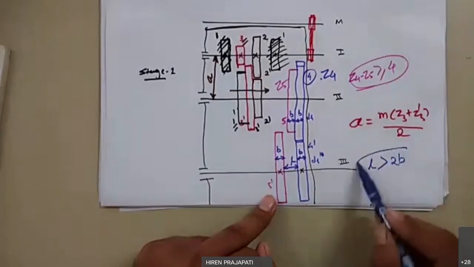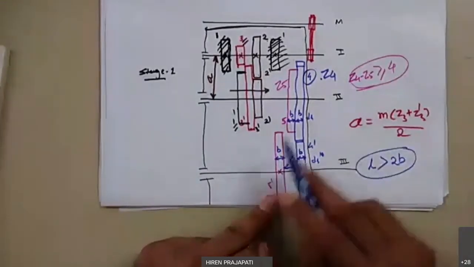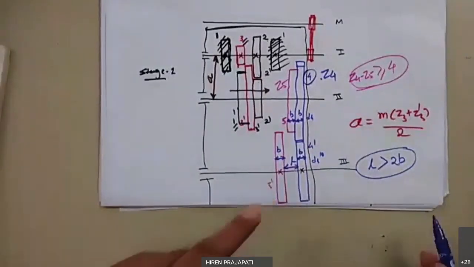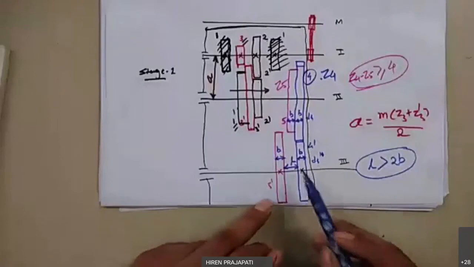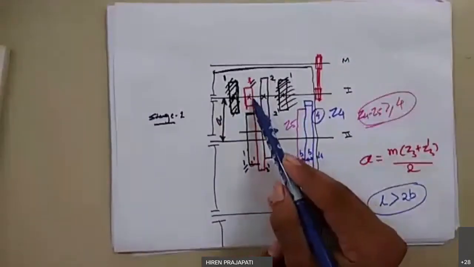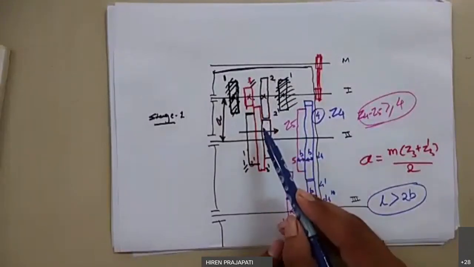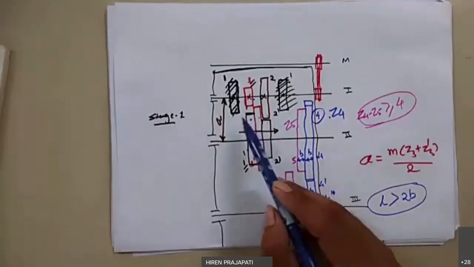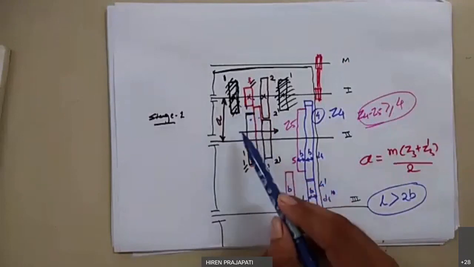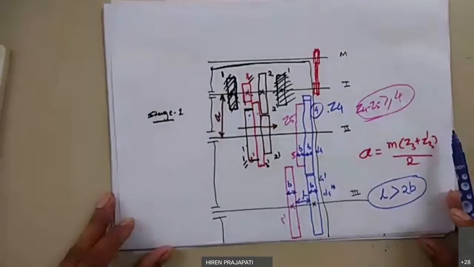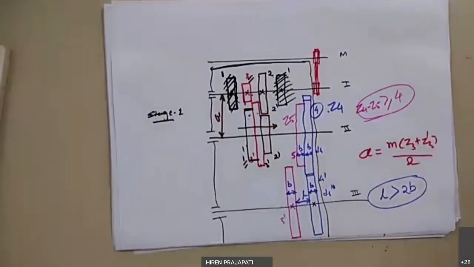So this is our final guideline as per the gearbox layout. This gap should be greater than 2B. Same is applicable here as well. This gap should be greater than 2 times B if both have the same width. Here also, this gap should be 2 times the width of both the gears, right? So I hope it is clear.